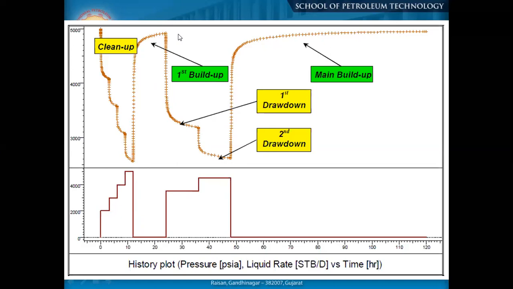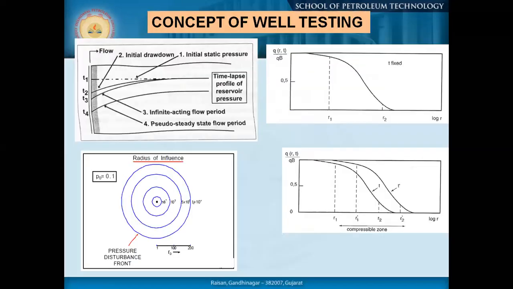Okay, so that means once you are cleaning up your well, then you are getting a certain sort of multi-bean test, then you are going for the build-up. Sometimes people go for a longer build-up or maybe another multi-rate test. Okay, so this is how we are trying to understand how the pressure is responding to different rates of flow. That can give us some idea about the producibility or maybe the deliverability of a reservoir very near the well. Okay. So just try to understand this very carefully.